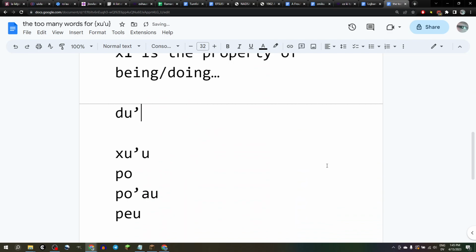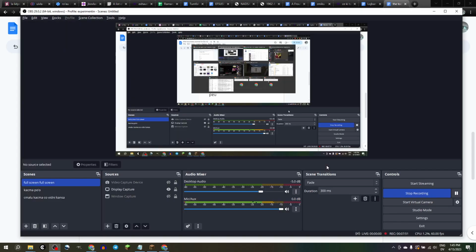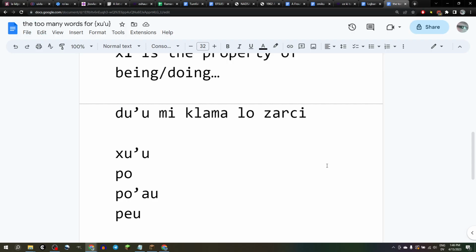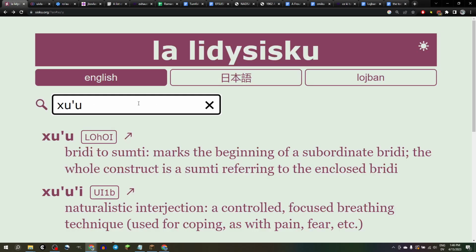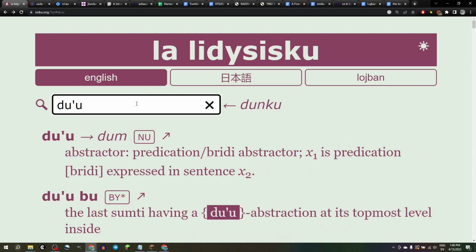Duhu makes a proposition. So you take a sentence in here like mi klamalo zarshi, I go to the market, and then duhu mi klamalo zarshi. It's actually a verb, where's my dictionary? Duhu actually has two places. I believe it's just two, right? Duhu is the first thing is